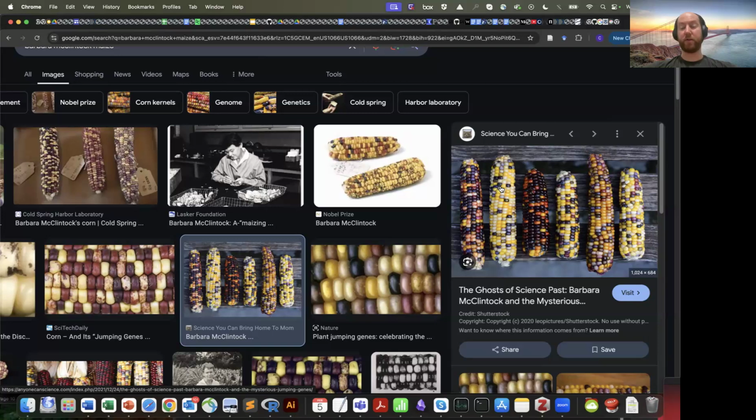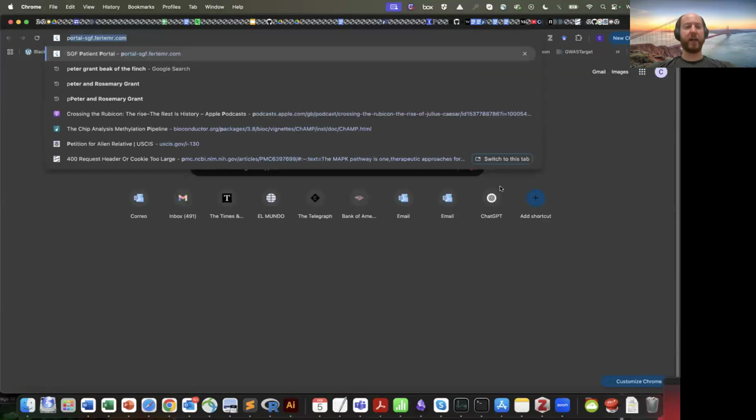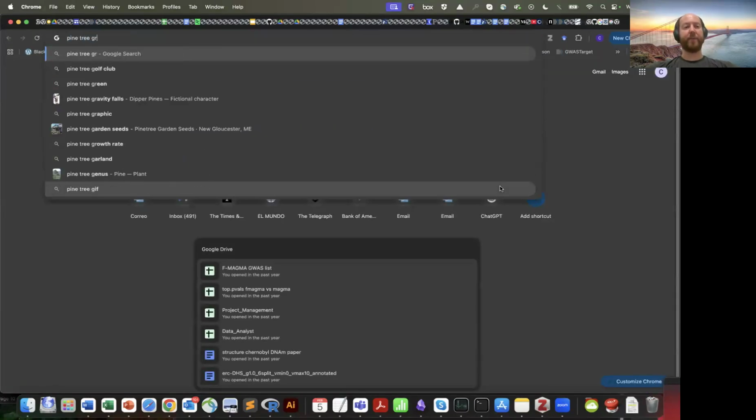She was actually the first person to suggest that these jumping genes exist. These jumping genes mostly originate from what used to be viruses, and they replicate around the genome and tend to copy themselves many, many times. So these jumping genes form a huge amount of human DNA. Sometimes you will read in the media, for example, that the pine tree genome is huge, right?